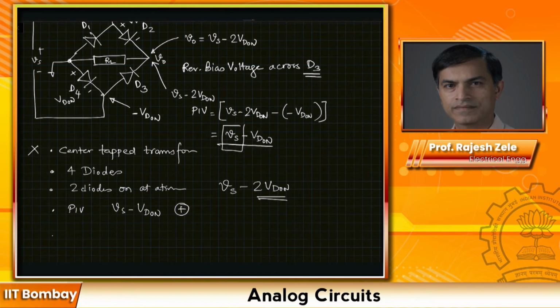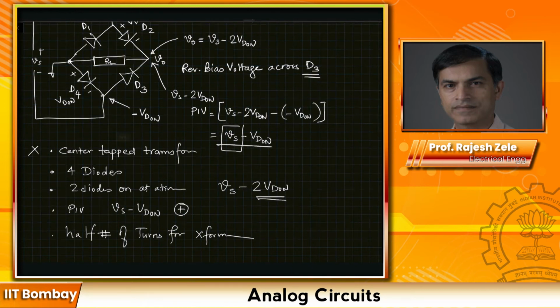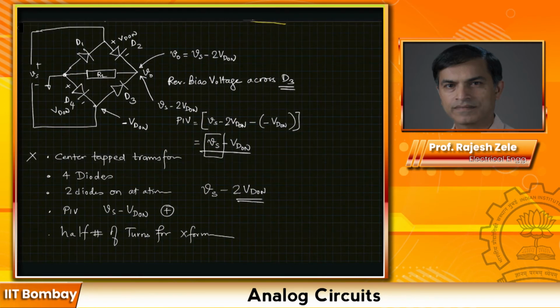And another difference is half the number of turns required for the transformer. And this is the most popular rectifier design. It's everywhere. It's ubiquitous. You will see it in so many applications because of its advantages. We will move on to the next block in our